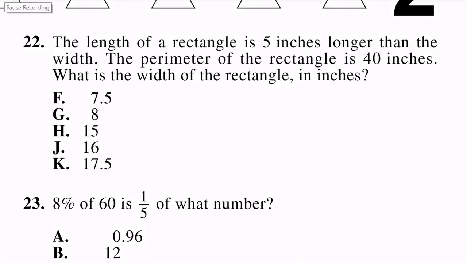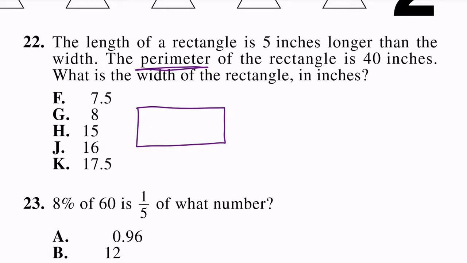Okay, the length of a rectangle is 5 inches longer than the width. The perimeter of the rectangle is 40 inches. What is the width of the rectangle in inches? So first of all, we know that perimeter is found by just adding up the lengths of all 4 sides. If we were to draw a picture of our rectangle,